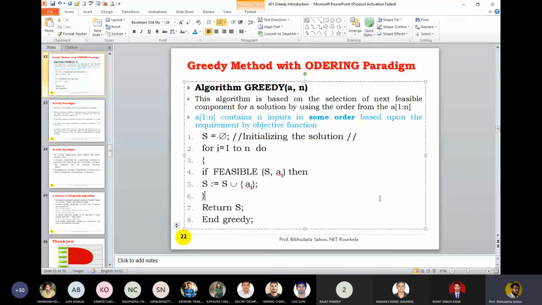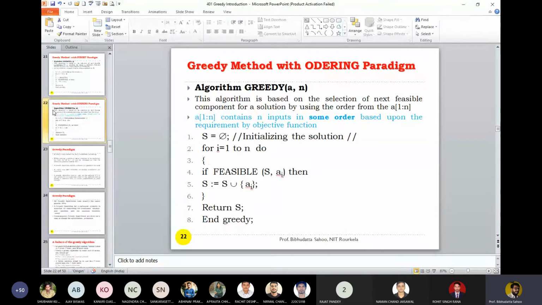Got it? Now look into the minimum spanning tree. It may be asked, write down two different algorithms. Forget about the Prim and Kruskal terms. You are asked to write down two different algorithms. So when you are arranging the edges into a min heap and doing the selection, that is nothing but your ordering paradigm. And when you have a set of edges, you are selecting the minimum edge out of the set. Out of the set you are selecting, or you are selecting the first edge, then the second edge, then the third edge.